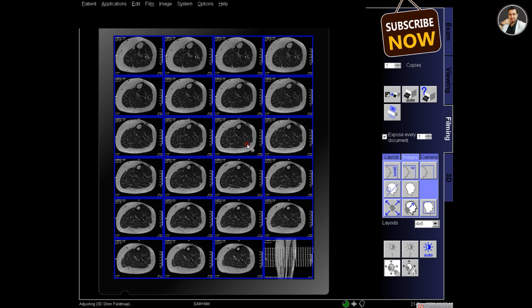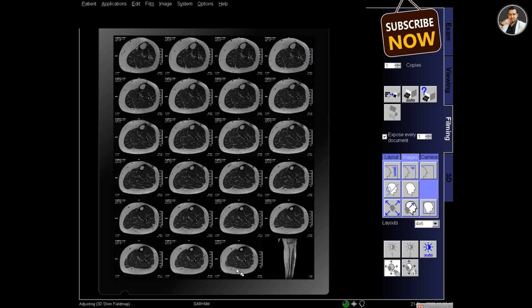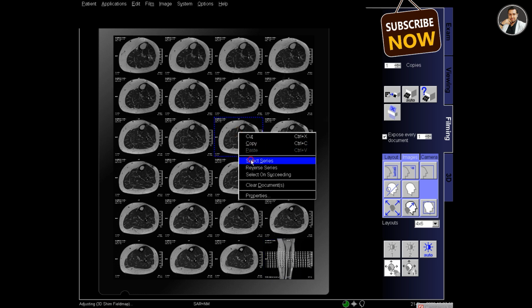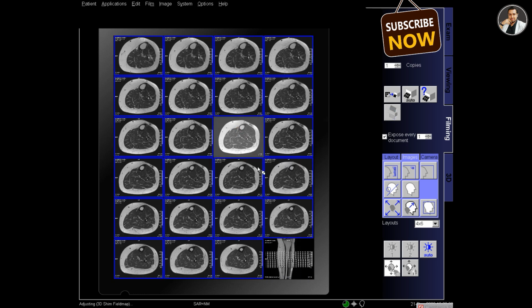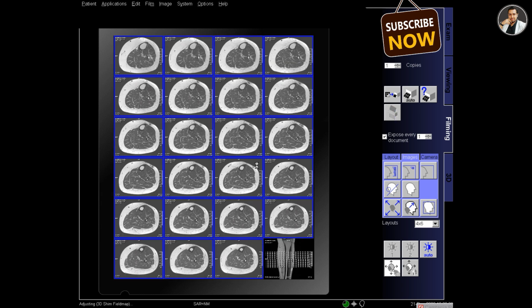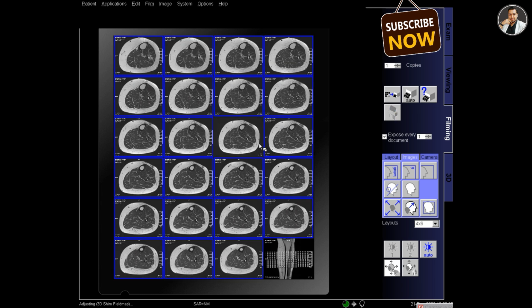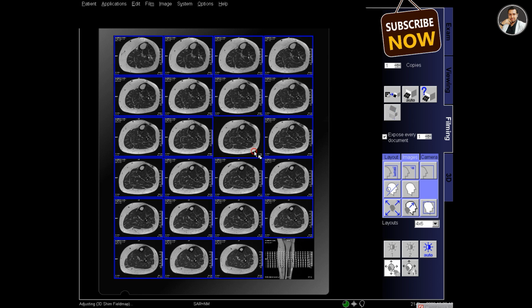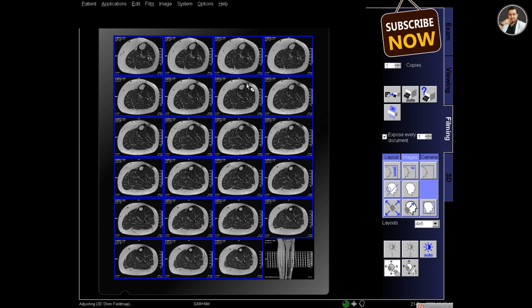And reduce the labeling of the segments. In all the segments there is information written, information of the patients and the parameters. Adjust the contrast of the image. And the pathology is visible anteriorly in the leg.